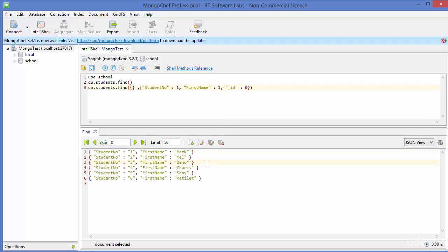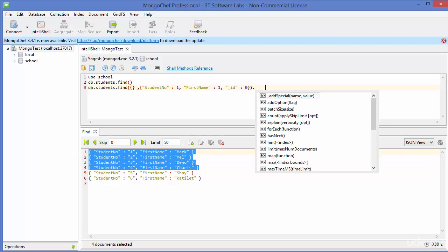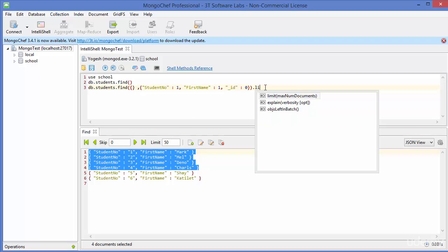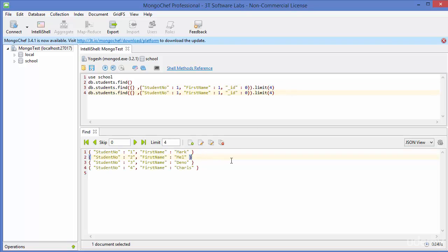Now to limit the number of results up to 3 or 4, for example, we use a method called limit. So just call a method called limit and give the maximum number of values we want to fetch. So for example, we want to only fetch 4 values, just give 4 here and then execute this command, and it limits the value up to 4, right? Let me copy this,